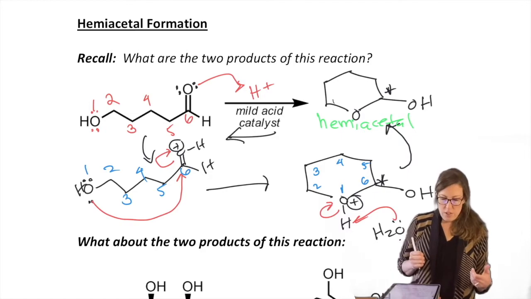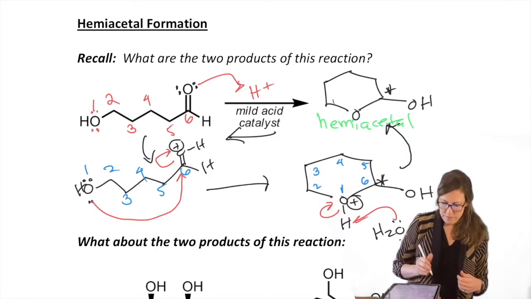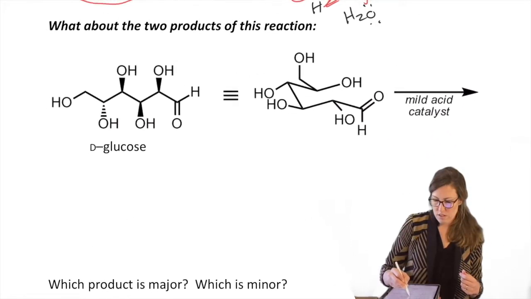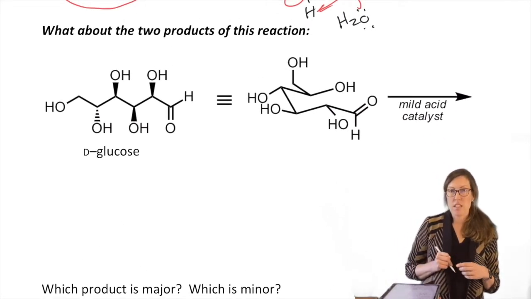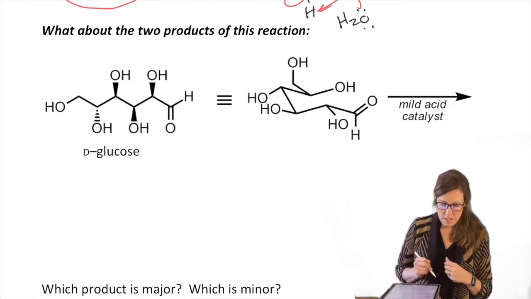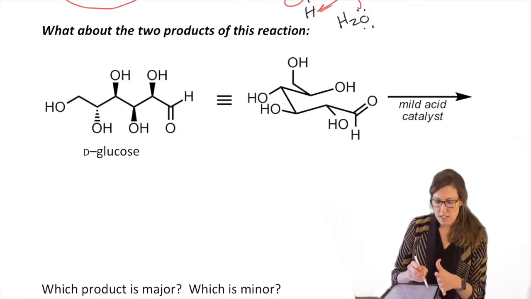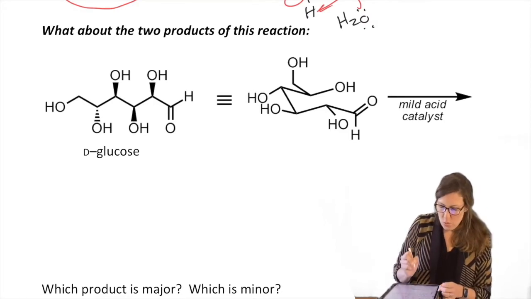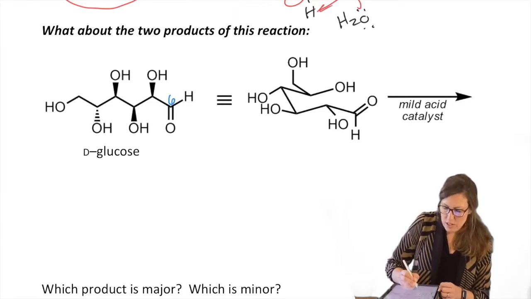So what does that look like when you add in all of those groups? More complicated because you have to work out where the stereocenters go. So think about that one. Let's close glucose into a ring. And this is one you'll want to recognize the ring form of, as well as the open chain form. So notice it's not a Fischer. This is drawn in its bond line format here. Let's number the carbons. We are going to attack with one of the oxygens. And we know that we need to end up with a 6-membered ring. So we're going to attack that carbonyl.